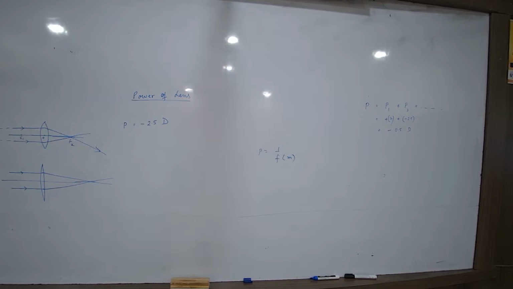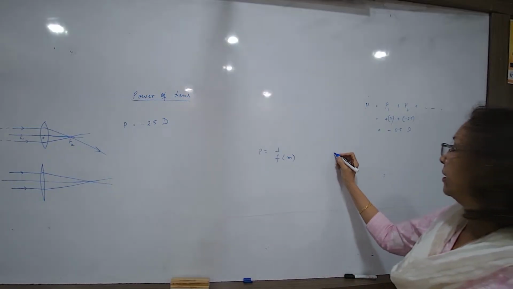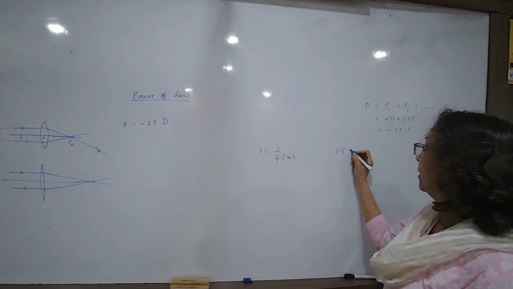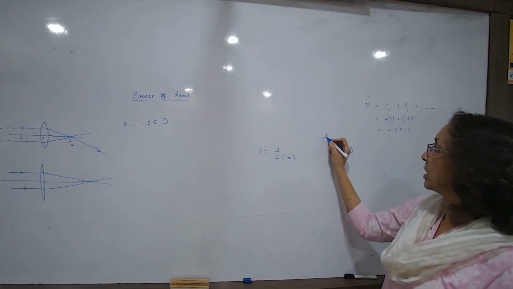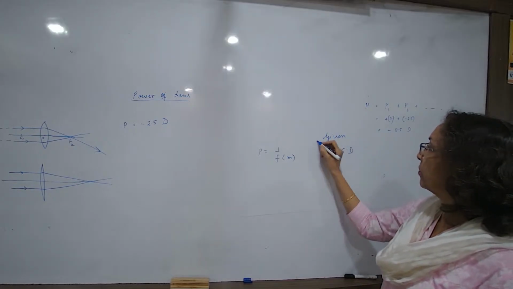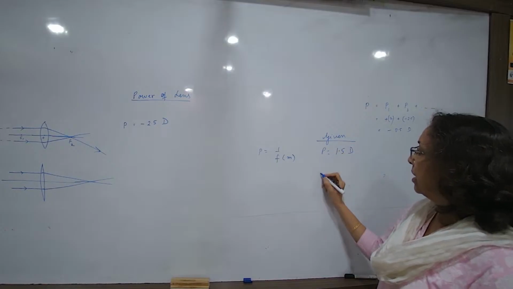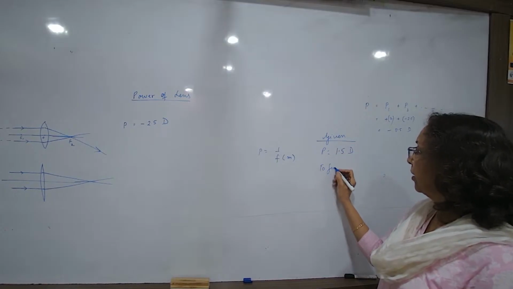Okay. Question number 17. The doctor has prescribed a corrective lens of power 1.5. So what is given? We want it in the same format. What is given? Power is given. You have to find